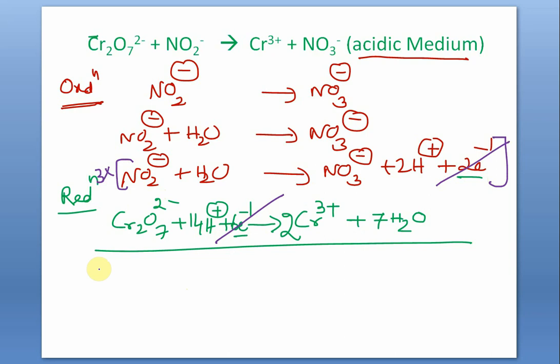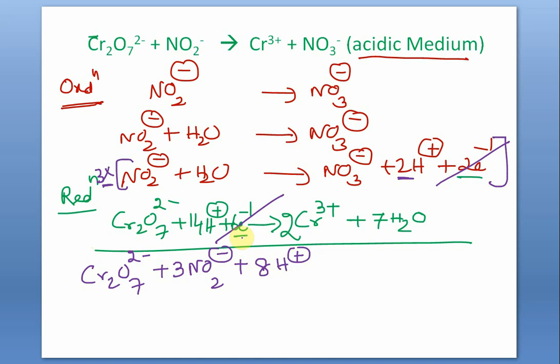You cannot keep H plus ion on both the sides. You cannot keep water on both the sides. But in each step you have water, and in each step you have hydrogen ion. So you have to simplify, and just like any algebraic equation, you have to bring the excess species onto a particular side. For example, here, on the left hand side, Cr2O7 2 minus plus 3NO2 minus plus how many H plus? Here it is 14 H plus, and here 3 2s are 6 H plus. So what is the excess H plus ion on the left side? It is 8 H plus.